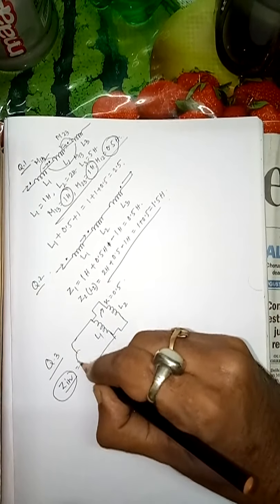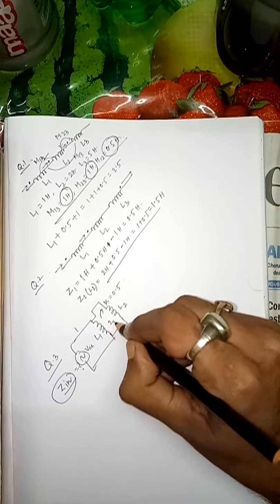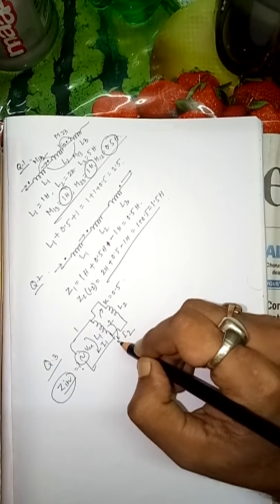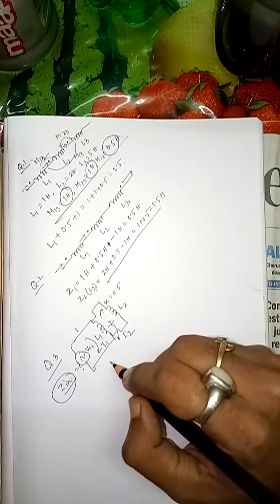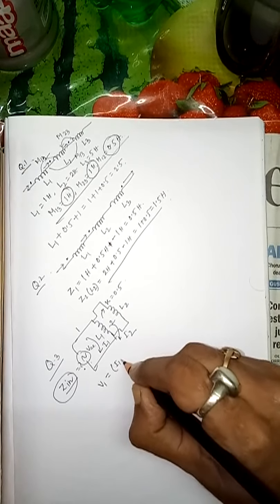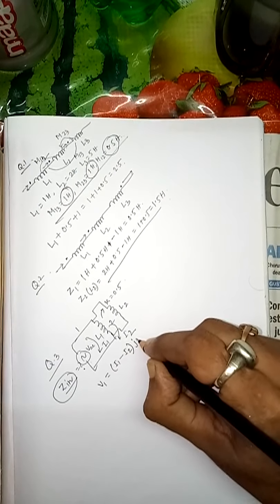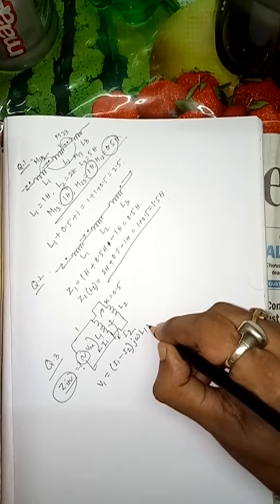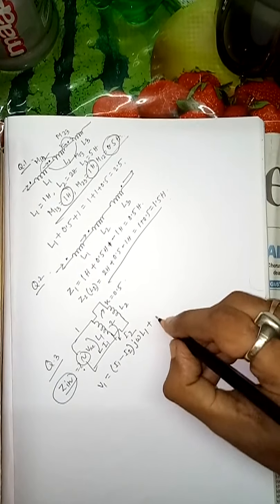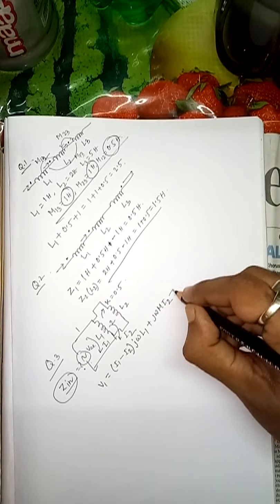You just consider that here one AC source is given as VAC. Now that is loop 1, that is loop 2. So the current flowing is I1, the current flowing is I2. So accordingly, what is the equation? V1 equals to I1 minus I2 into that impedance value j omega L1 plus, for the second coil, j omega M I2. Okay, that is number 1 equation.